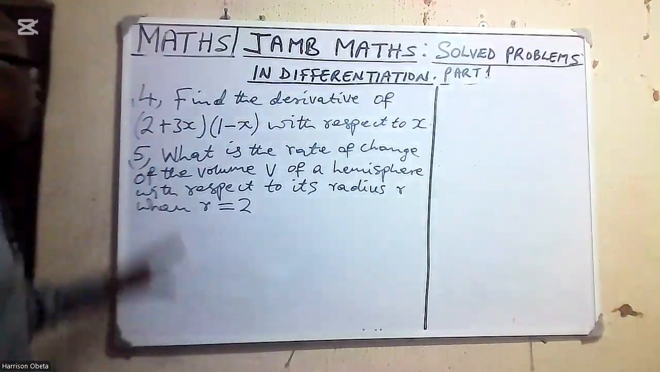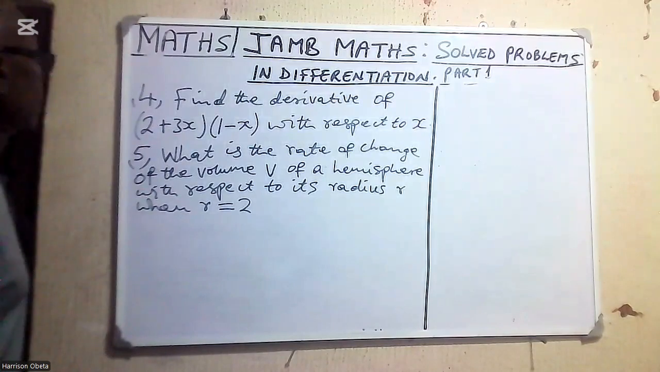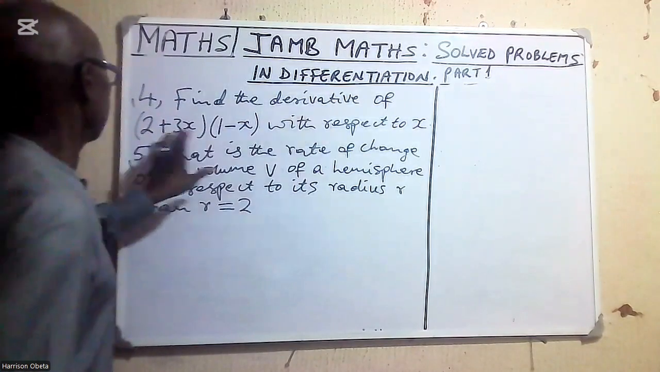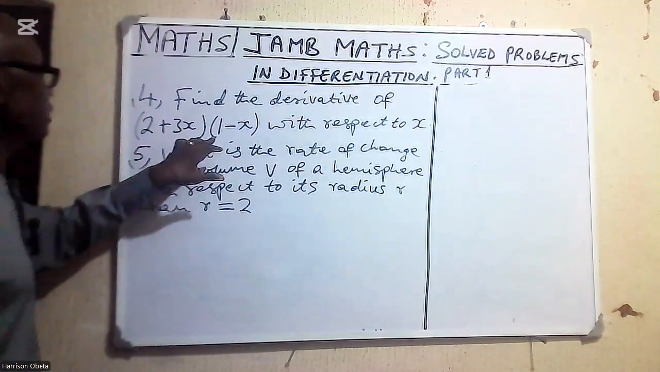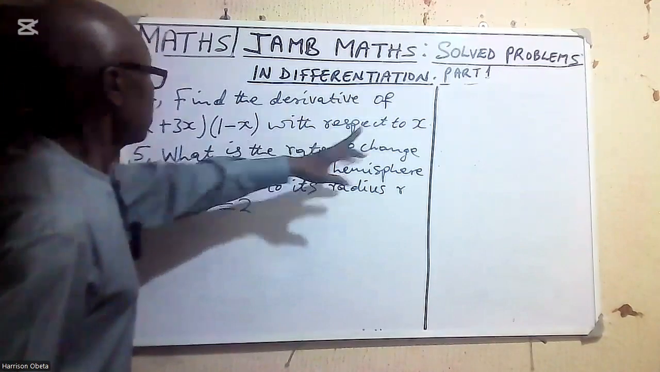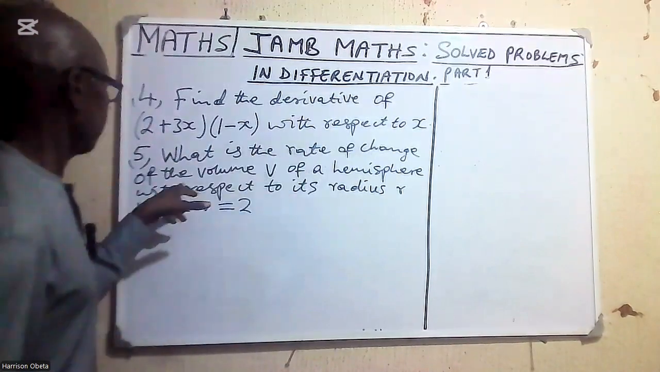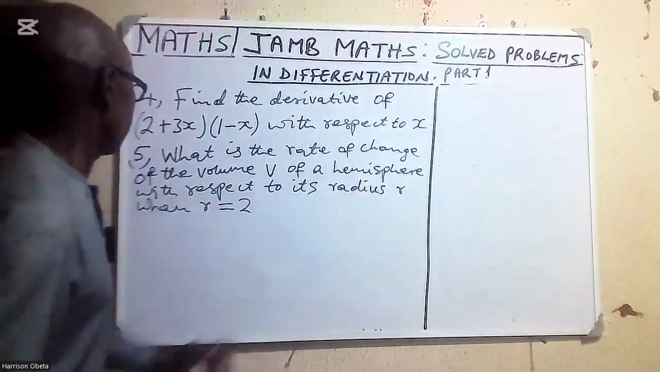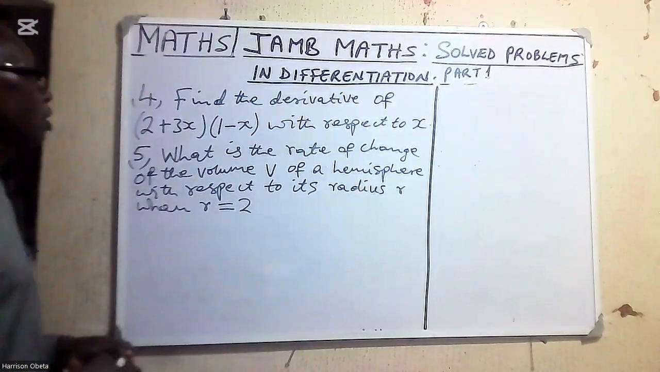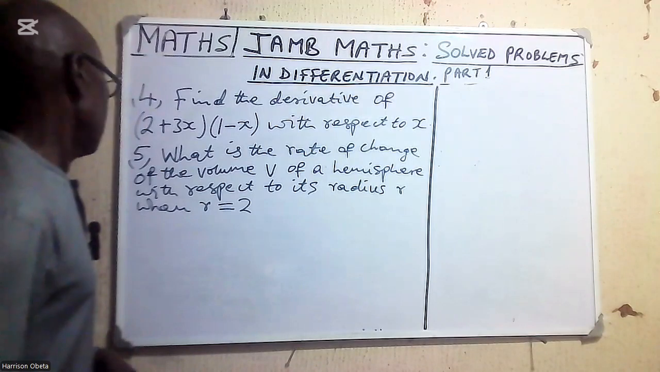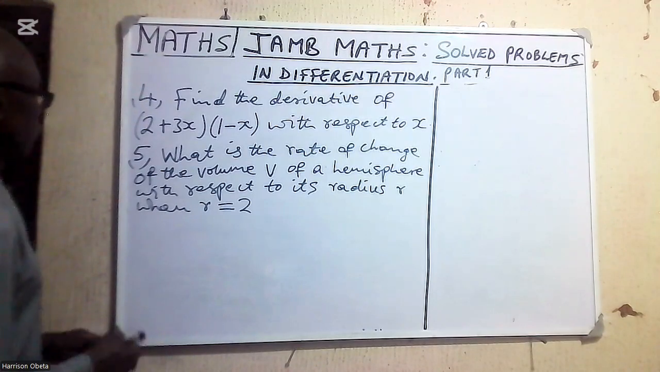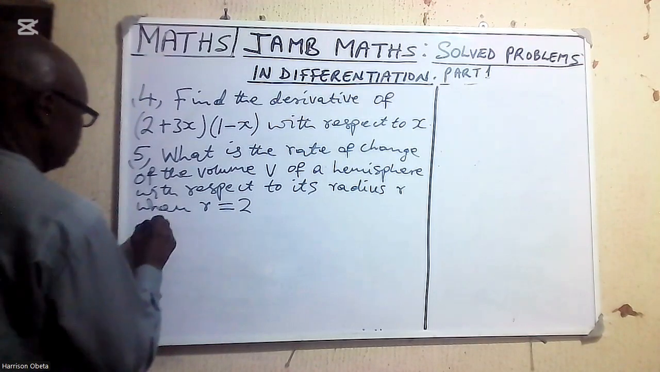So on the board, we have questions 4 and 5. Question 4, find the derivative of 2 plus 3x into 1 minus x with respect to x. Number 5, what is the rate of change of the volume V of a hemisphere with respect to its radius r when r equal to 2? So question number 4,